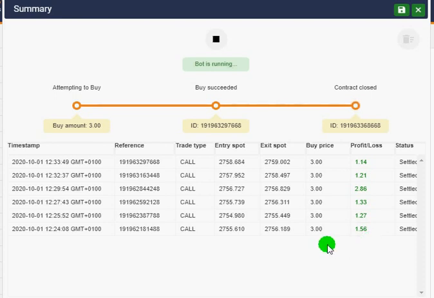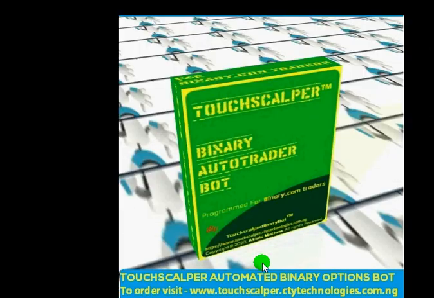This version is based on the rise and fall strategy, so you get more earnings. As you can see, the buy price there, and it's also scalping as well. Once it hits certain profit, it's going to close the trade. So briefly, for those who don't know what this bot does, this is the automated binary options bot for Deriv